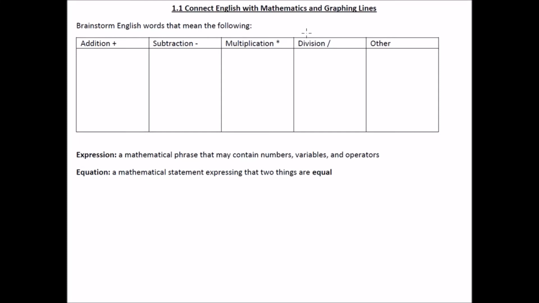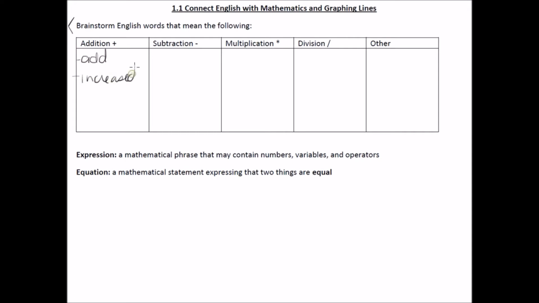English with mathematics and graphing lines. So what we're going to do first is brainstorm English words that mean the following. So addition. When we read different word problems, we're going to look for words that say maybe add or increase